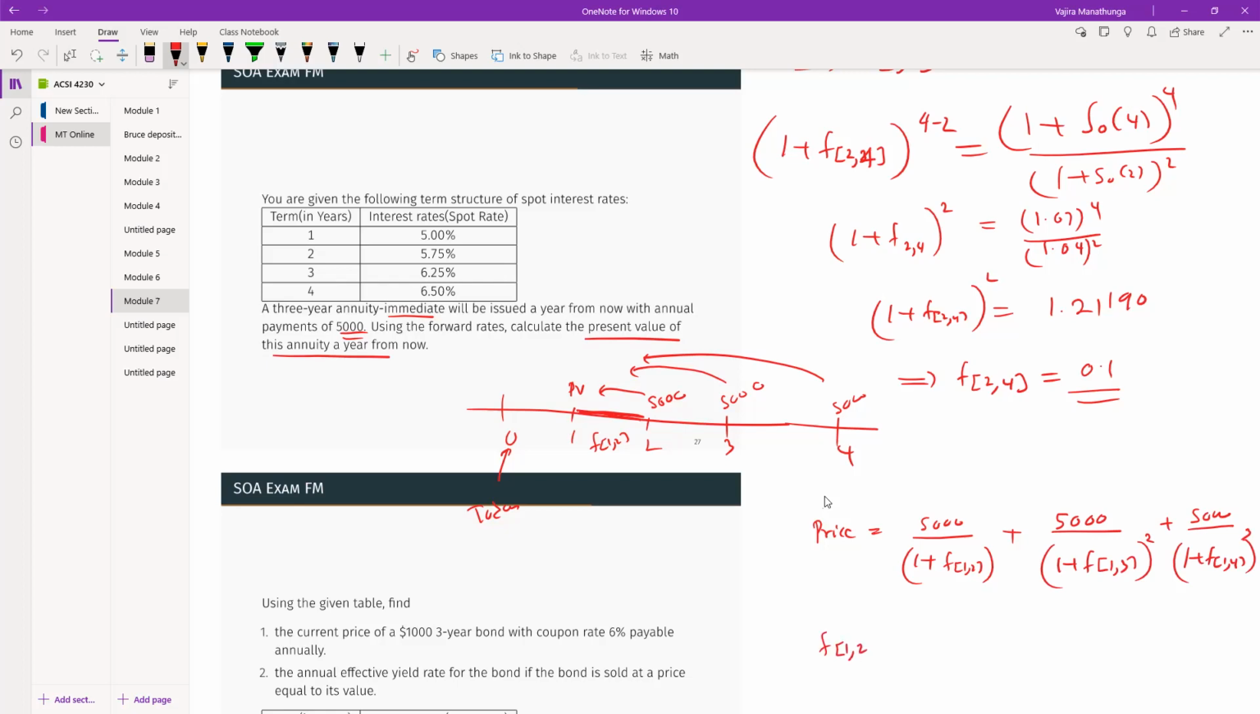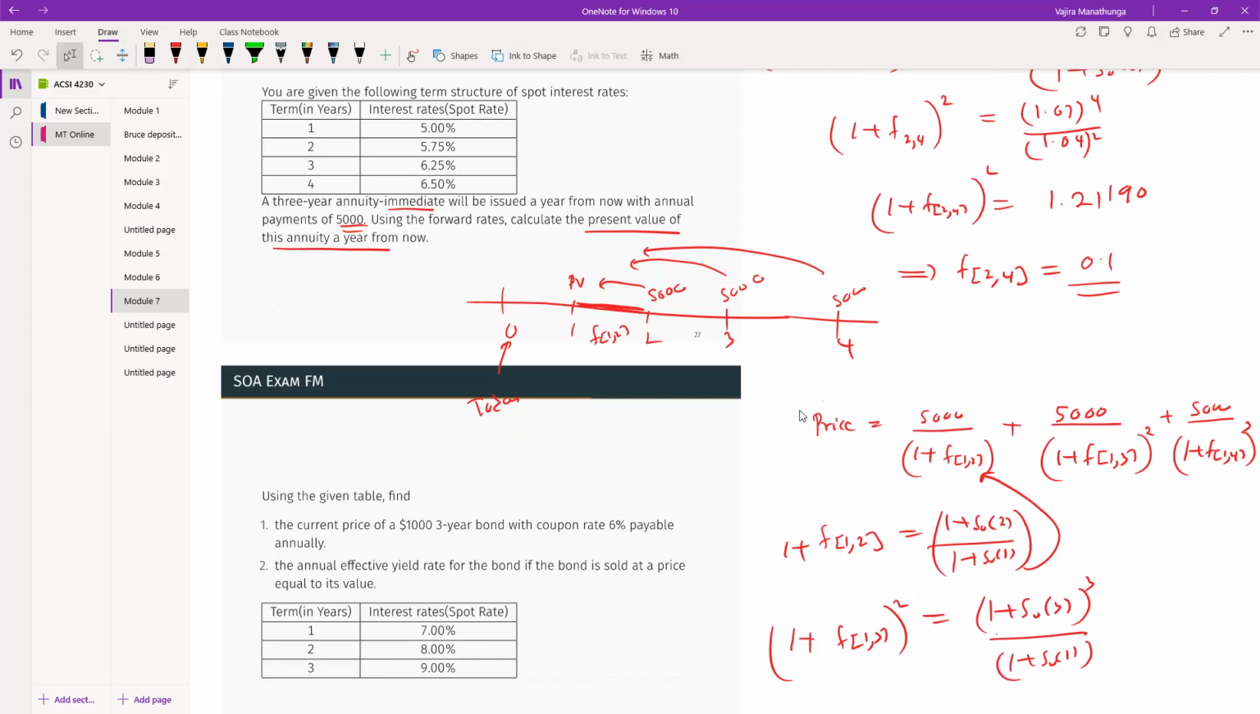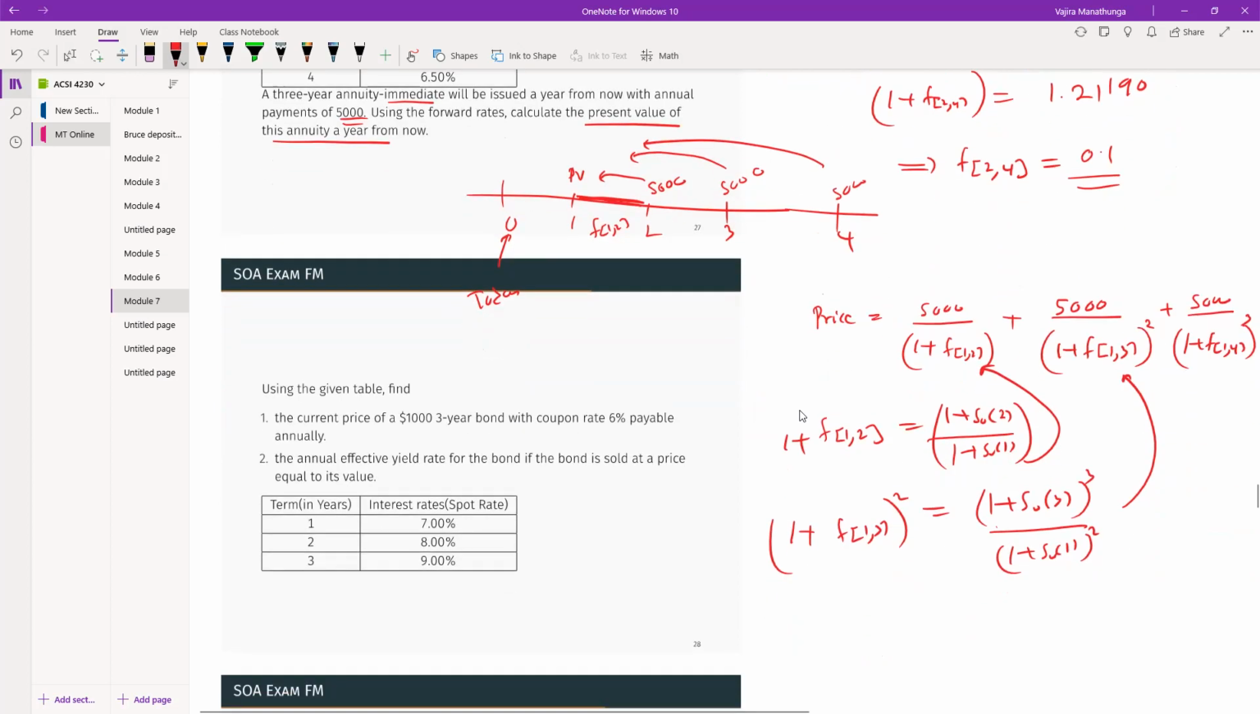So 1 plus F12 is going to be 1 plus S02 squared divided by 1 plus S01. So you really don't have to solve for it, you can just substitute it here. Then for the other one, this entire thing is equal to 1 plus S03 cubed. So you don't have to solve it, you can just substitute this value here. And then the third one is